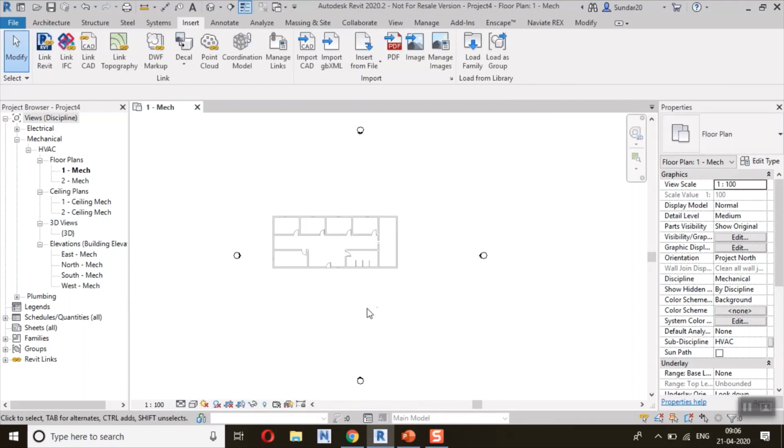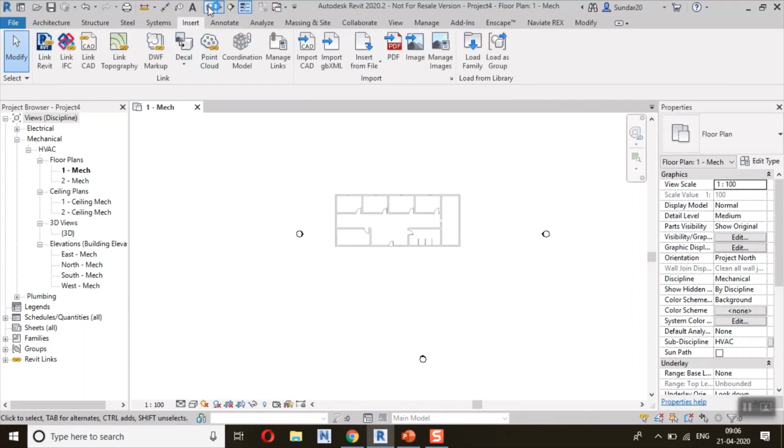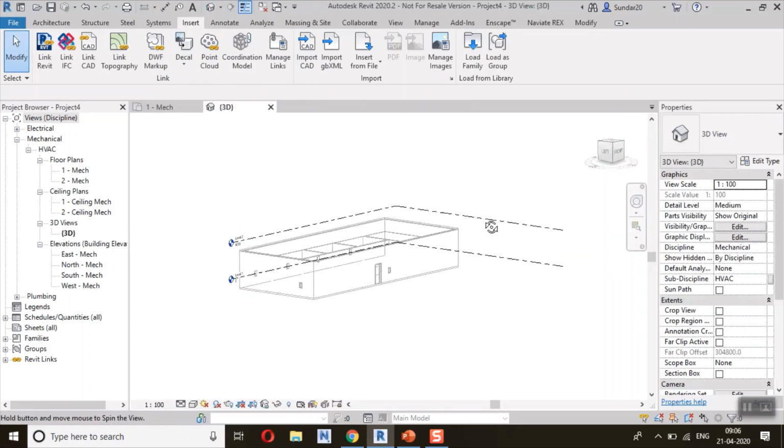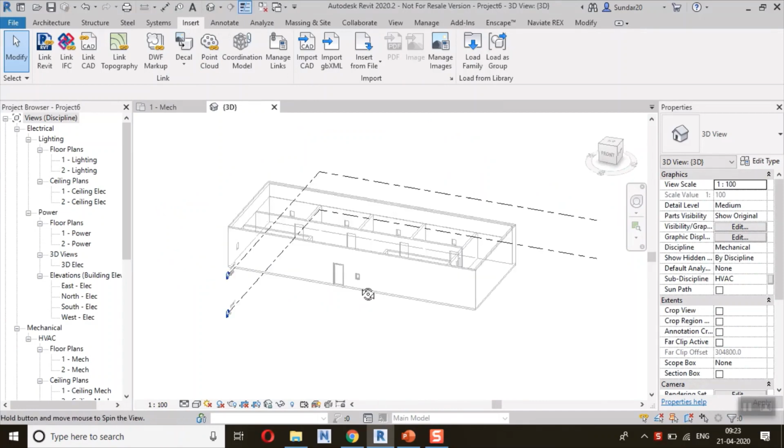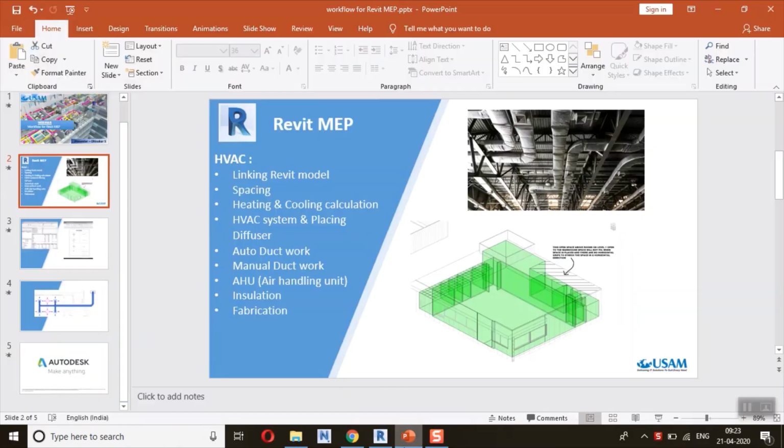I got the model finally. Once you get the model, go to the next step. Once you link the Revit model, the next step is we have to create the spaces.